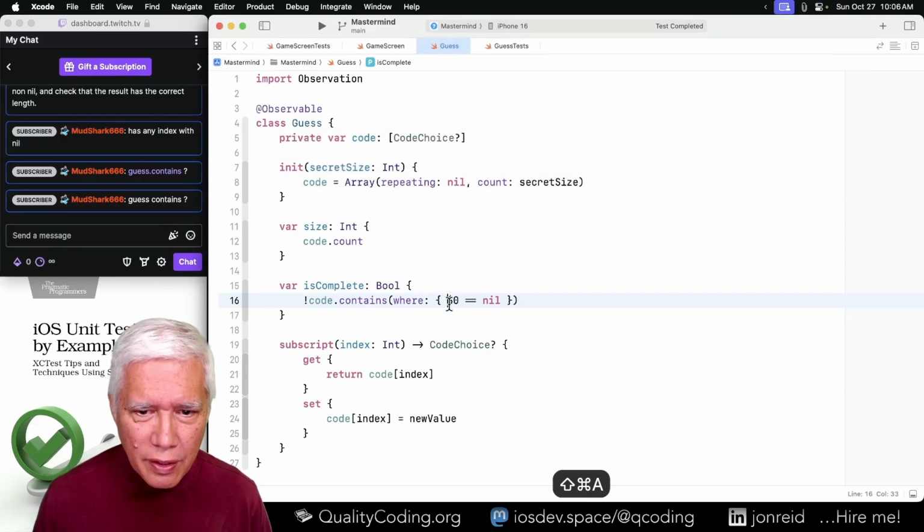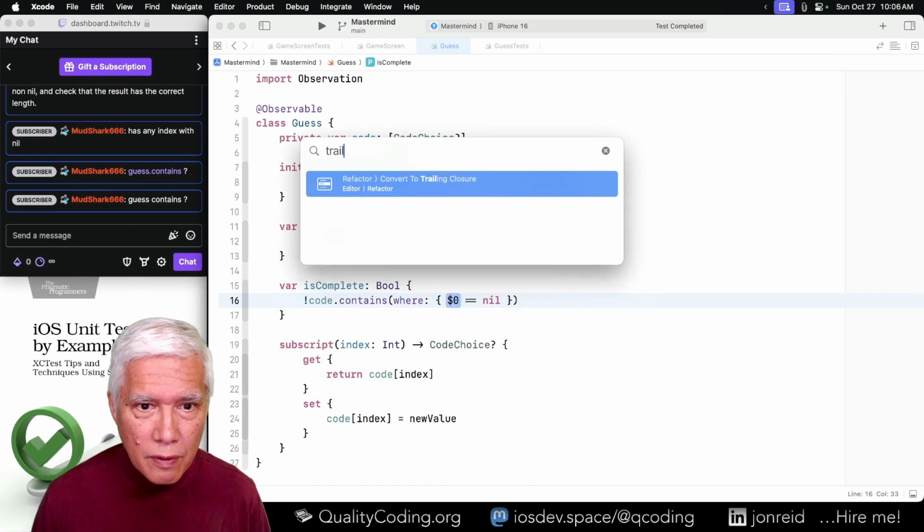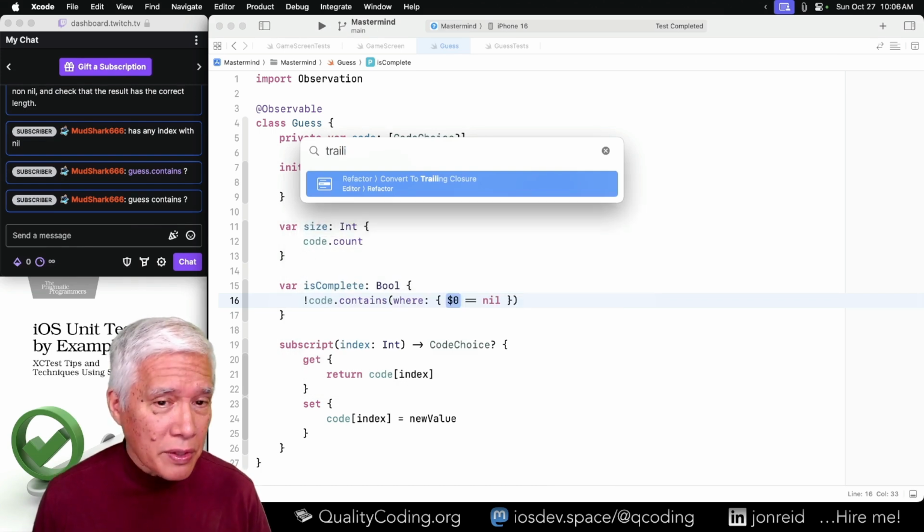Let's see what this looks like with refactor convert to trailing closure.